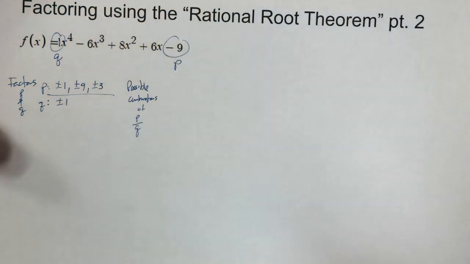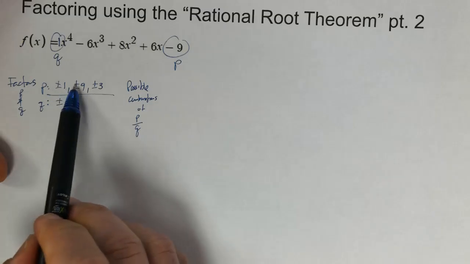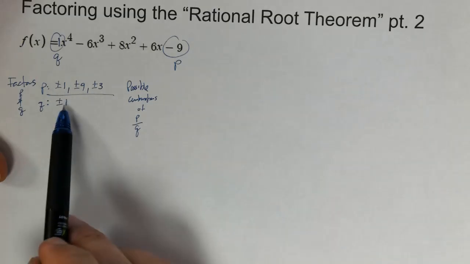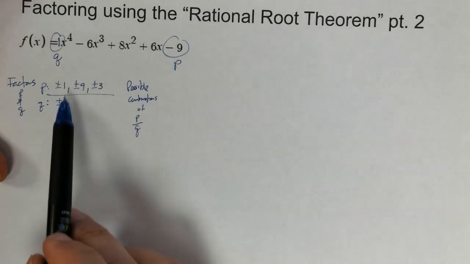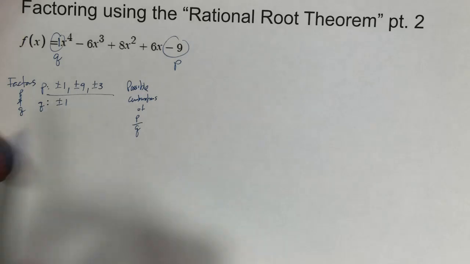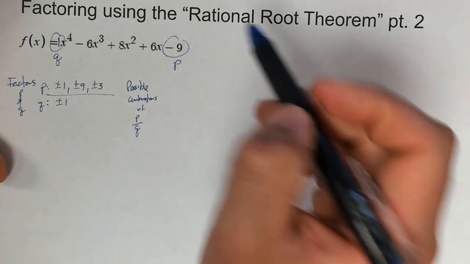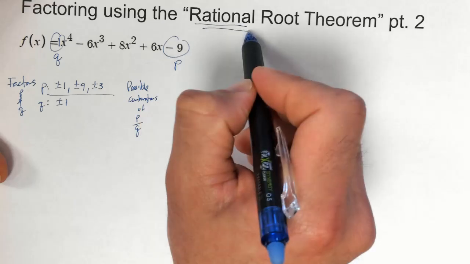There's going to be a lot of possible combinations. In the top, we have 2, 4, 6. We have 6 numbers on top. We have 2 numbers in the bottom. So 6 times 2 is 12 possible combinations. It's important to look at all the possible combinations because we're trying to find the rational numbers that will be